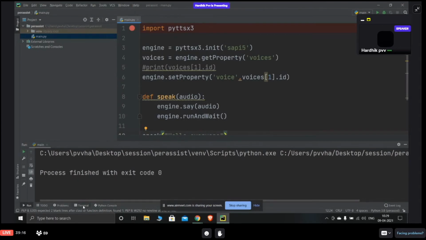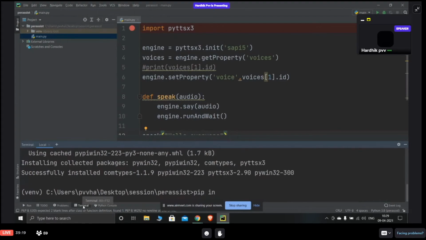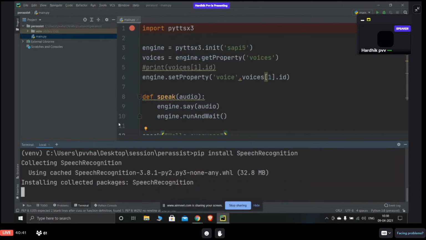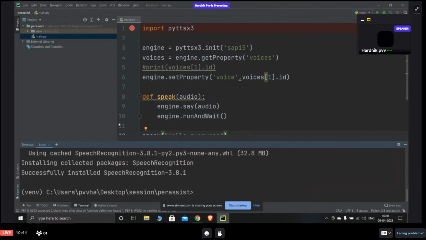For that, we use pip install speech recognition. Speech recognition is successfully installed. What it does is recognize my speech, what I'm telling, and convert it into text.